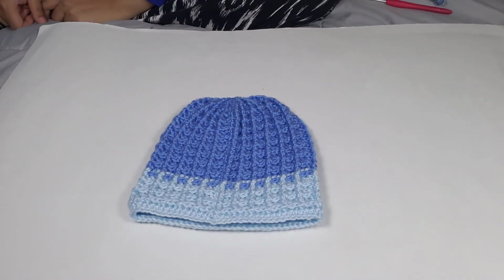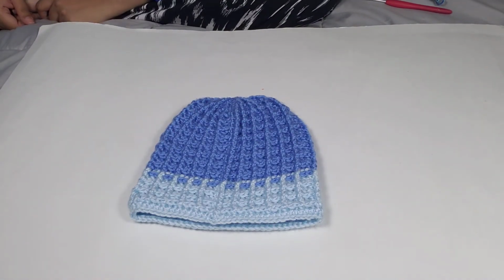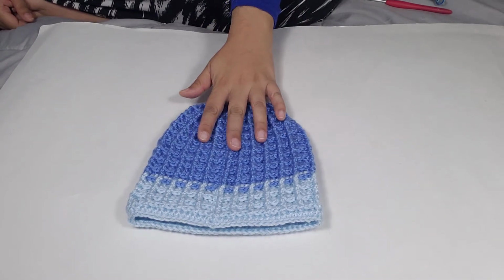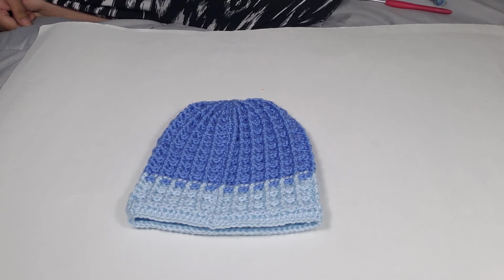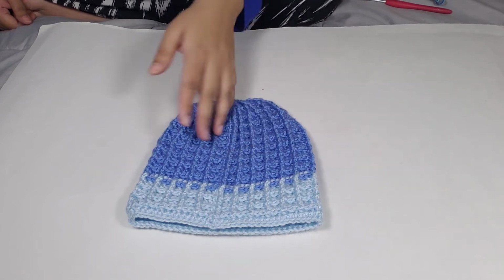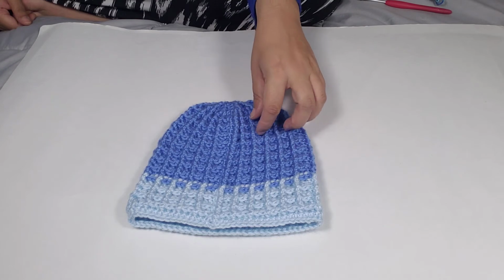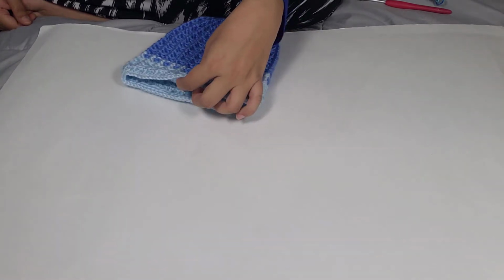So this is my Hat Not Hate contribution. The pattern is by Fiber Spider. It's a waffle stitch hat. I absolutely love it. I made an amigurumi hack to this, which if you make amigurumi, you know if you want to make a bigger doll, use a bigger hook. If you want to make a smaller doll, use a smaller hook. So the Fiber Doodles pattern